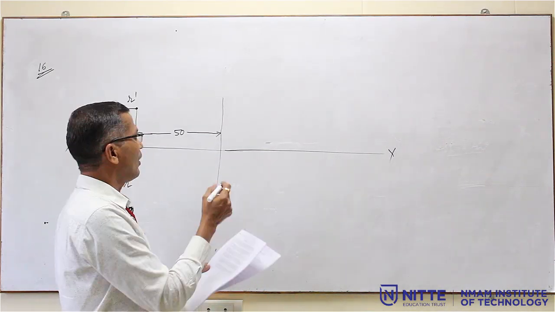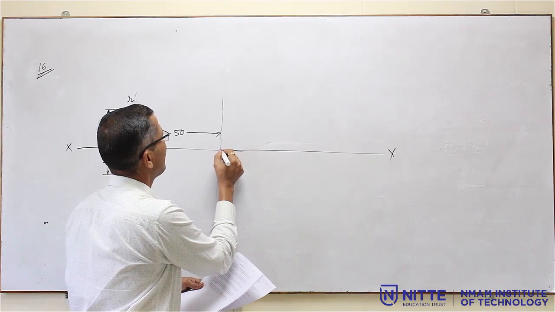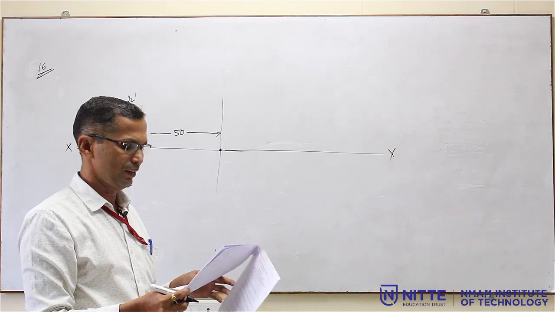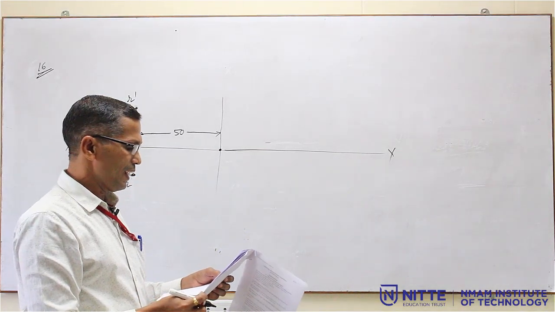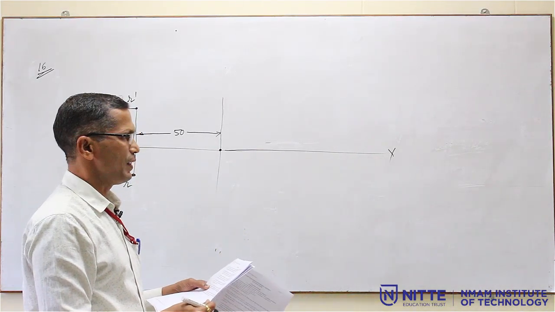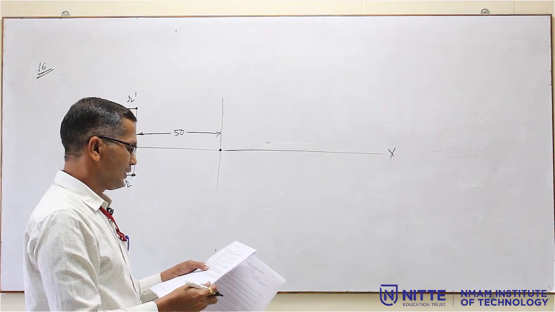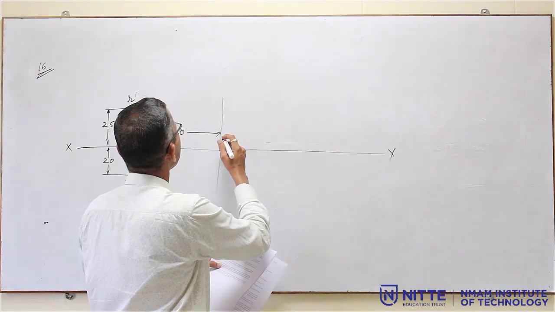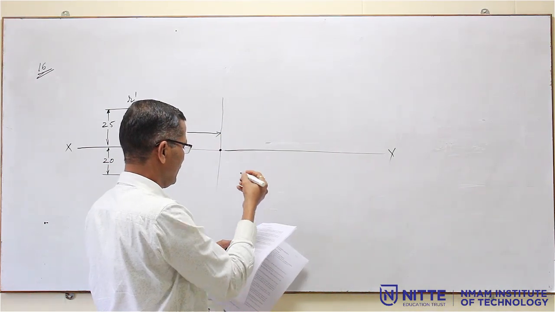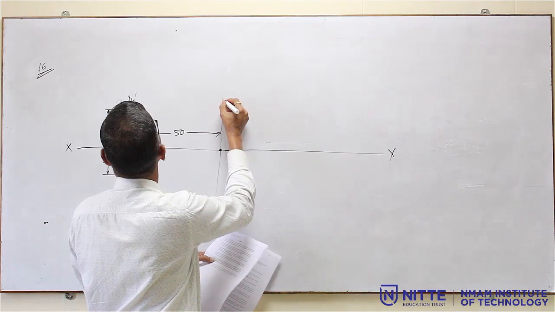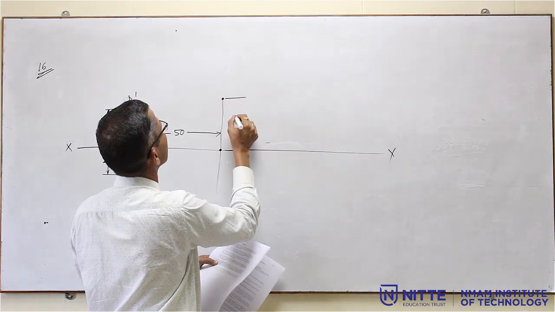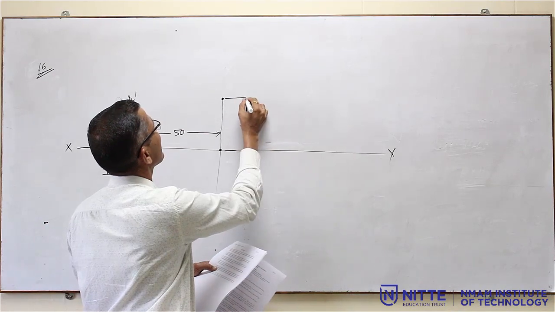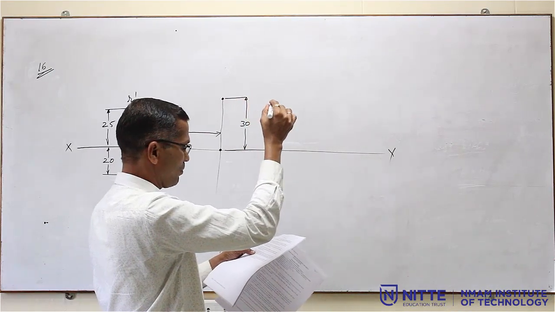The point S is on HP. Whenever the point is on HP, its front view will be on the XY line and 30 mm behind VP. So, I will take it as the second quadrant, with both HP and VP above the line. That means, from here I will measure a distance of 30 mm and I will mark the point.